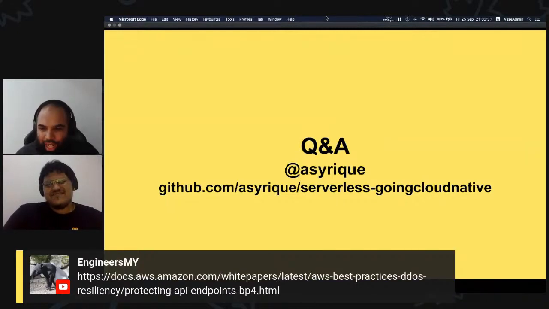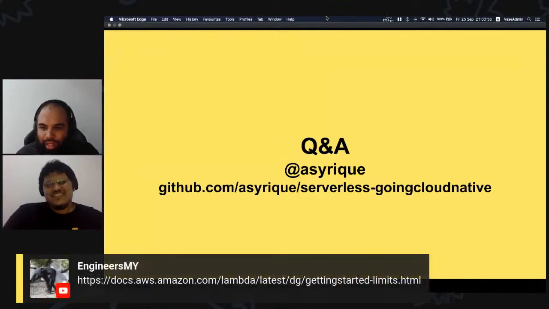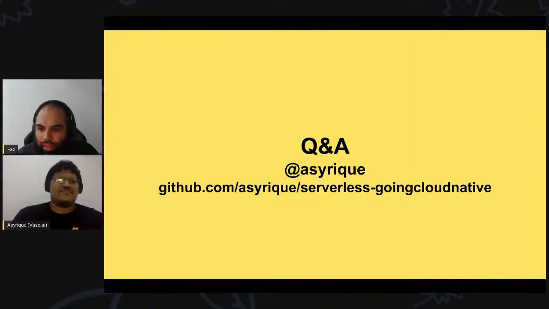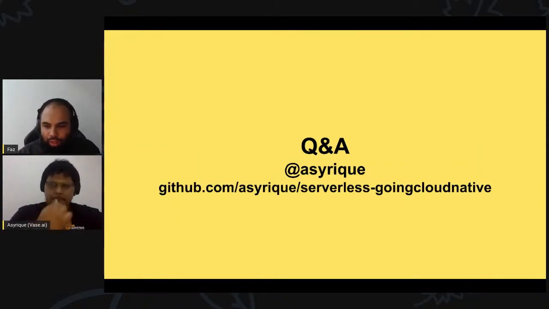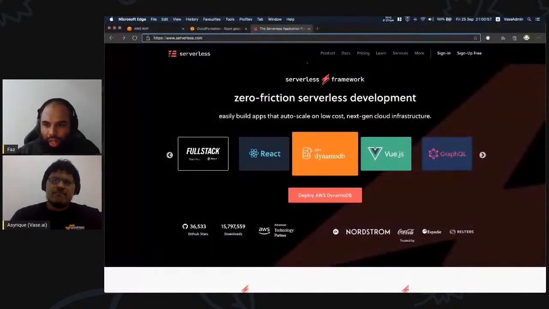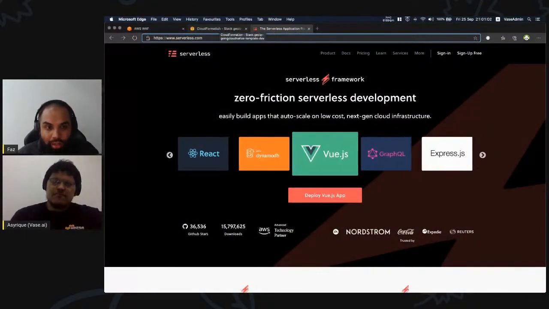These are the links which I've shared already on white papers, and also on getting started and limits on Lambda, if that's required. I was also going to ask how one would get started, especially because we have a mix of uni students and fresh graduates who are just getting into the workforce. You've answered most of the documentation part. Is there anything else you would want to advise them on how to get started?